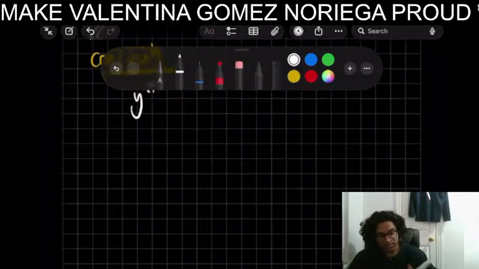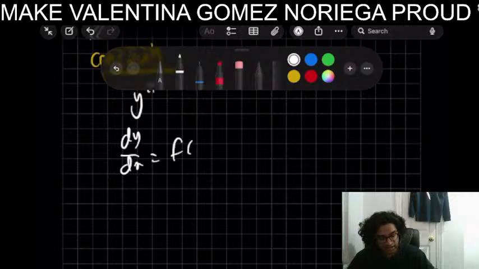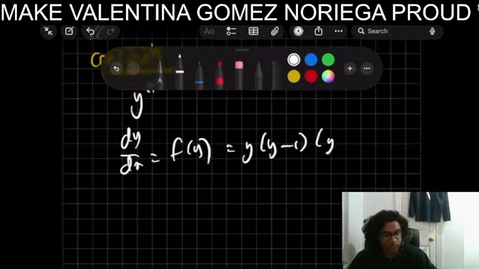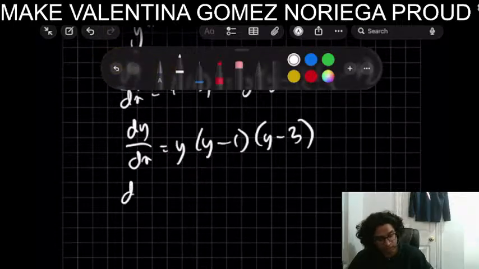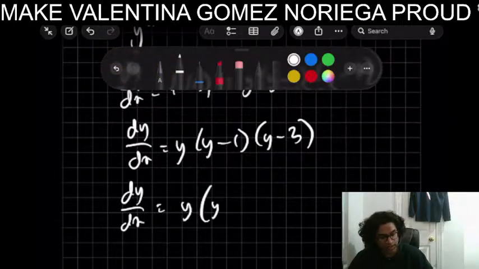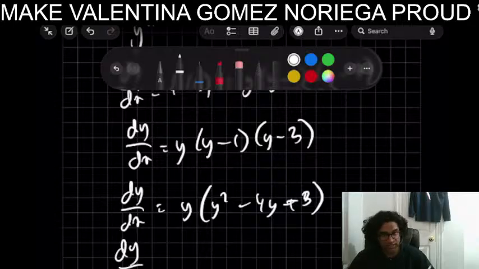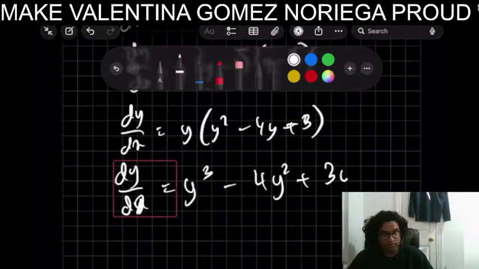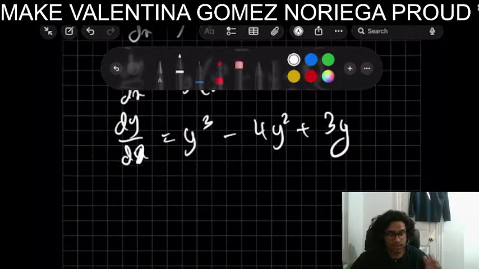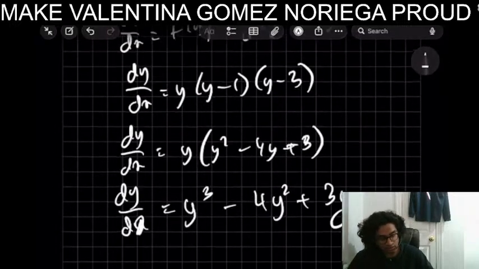Now obviously dy by dx is f of y, which is y minus 1, y minus 3, so dy by dx is y cube minus 4y square plus 3y. If I differentiate this,